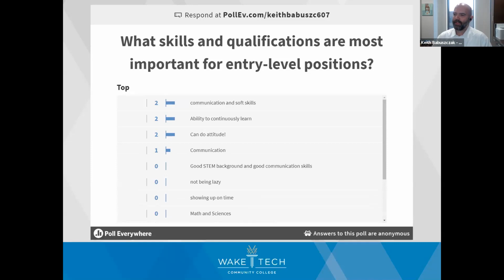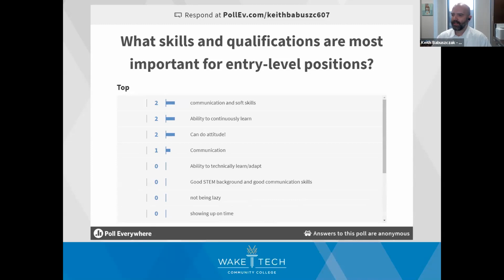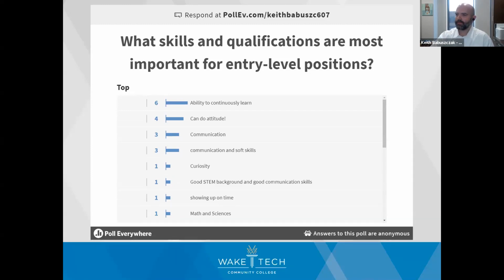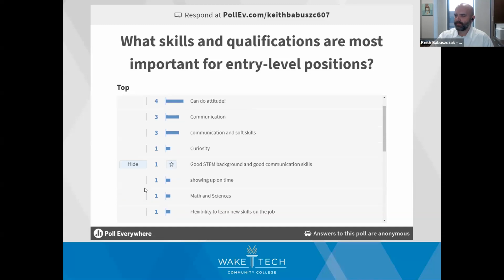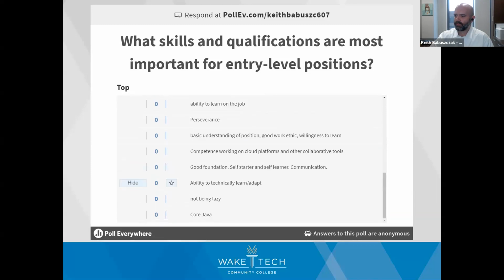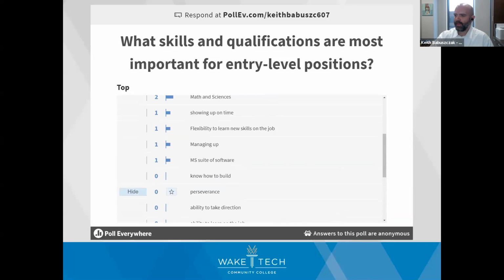And again, you can type in your own answers, or you can up and down vote others to rank order these. What's not surprising here is that we're seeing a lot of conversations around soft skills, saying that these skills are very important, as well as some technical skills. There is another question coming up, so